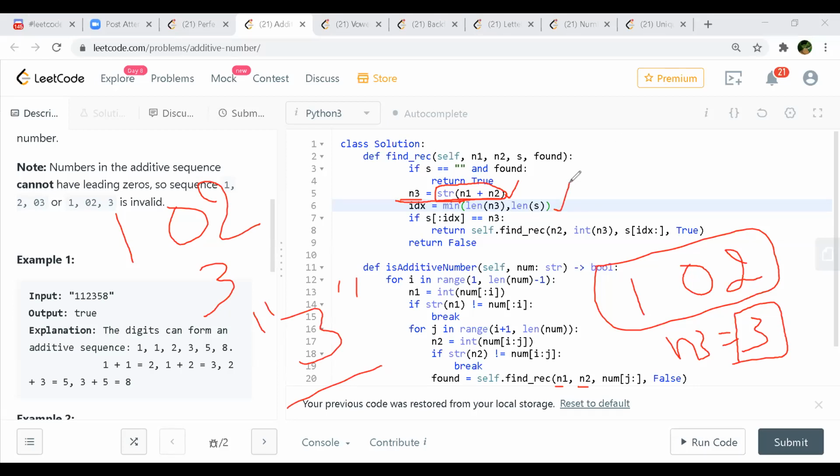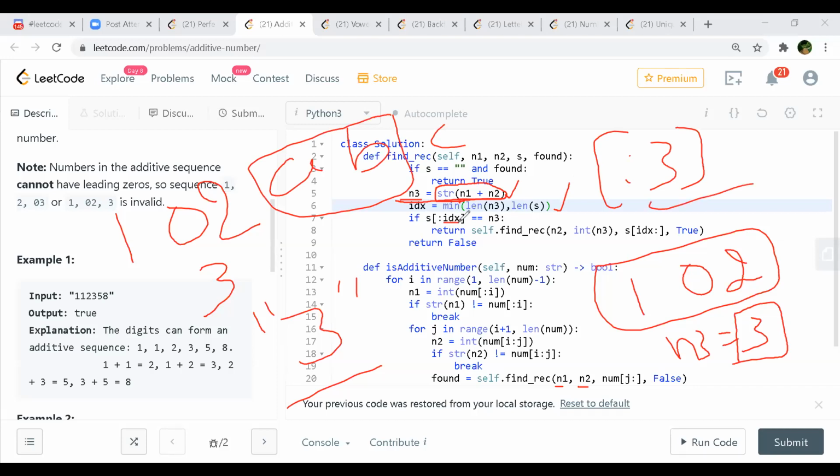So in line number 7, this colon index, how does this work? It works up to the index. It will leave out IDX and take everything before it, one less. Like if you write it as 3, it will take up to 2. If ABC is there, it will consider only these two. Okay, so in this case, for this example, 102, what would this part be?